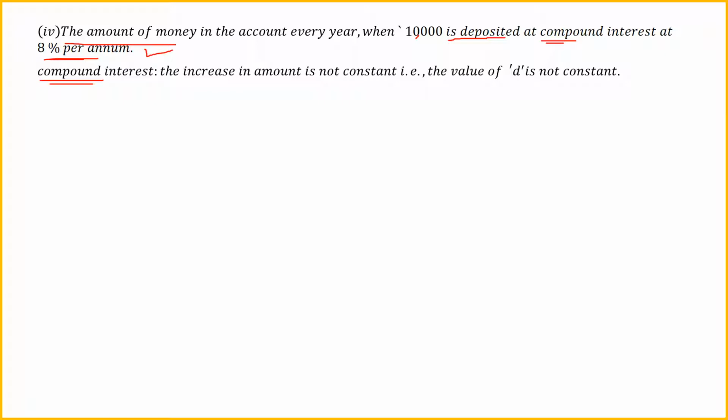What's the reason? The reason is very simple. Here the amount is not constant. Every year the amount keeps on increasing with uneven increase. What I mean to tell you is, let us assume